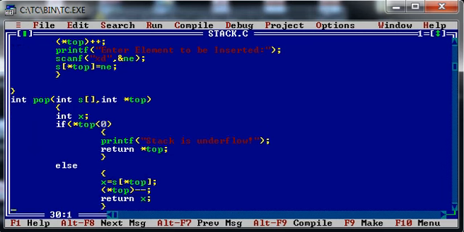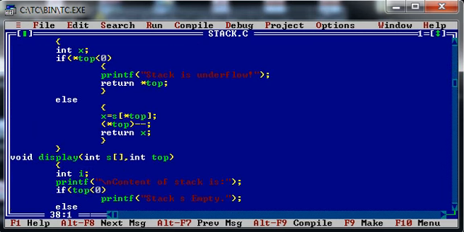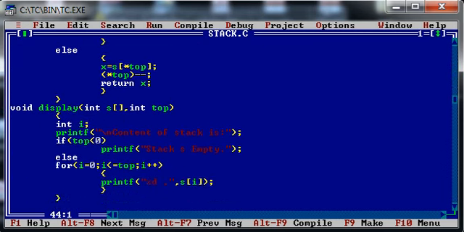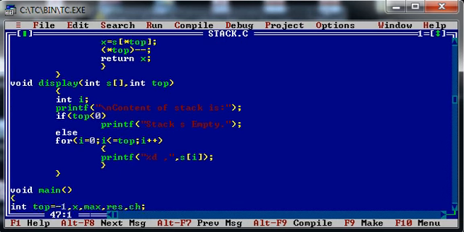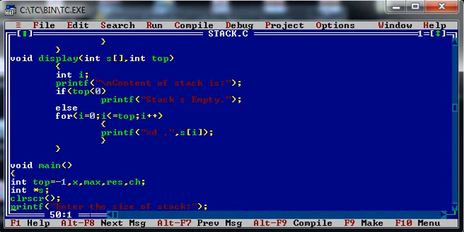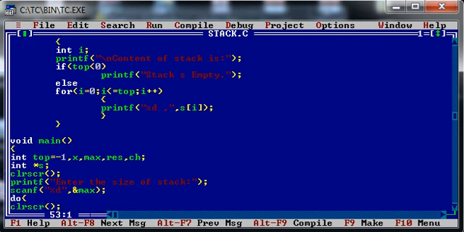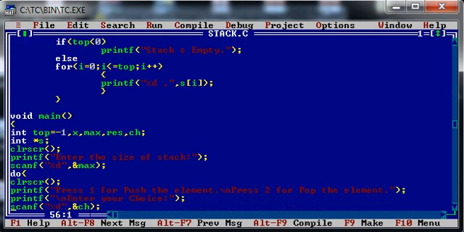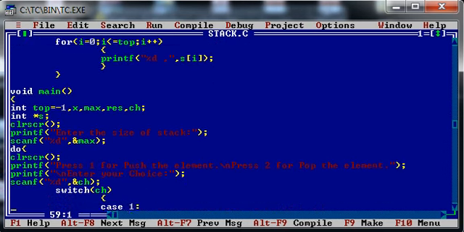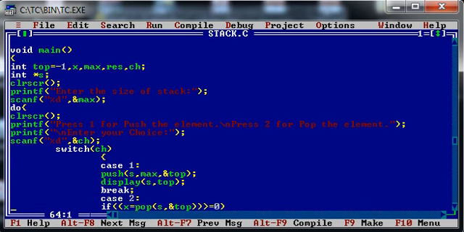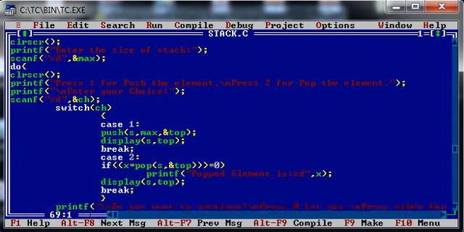I hope in this video lecture you have properly understood the concept of stack and stack operation. I am sure using this video lecture now you are able to implement the stack operations using C programming language.